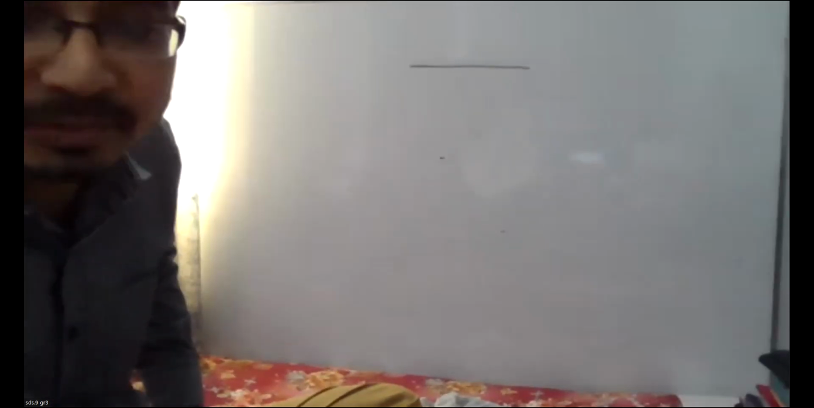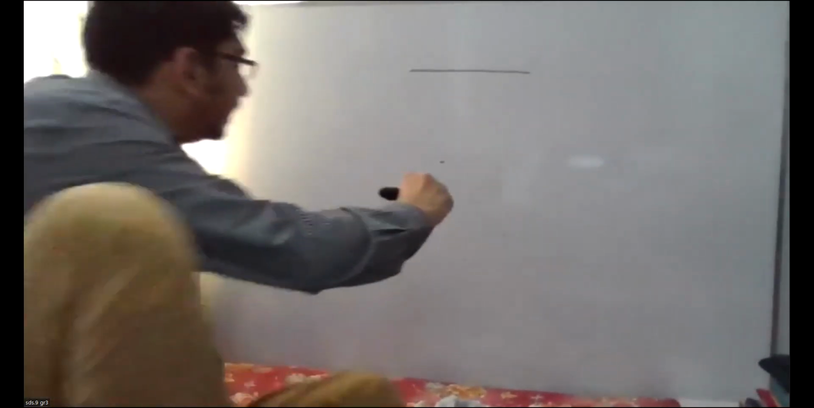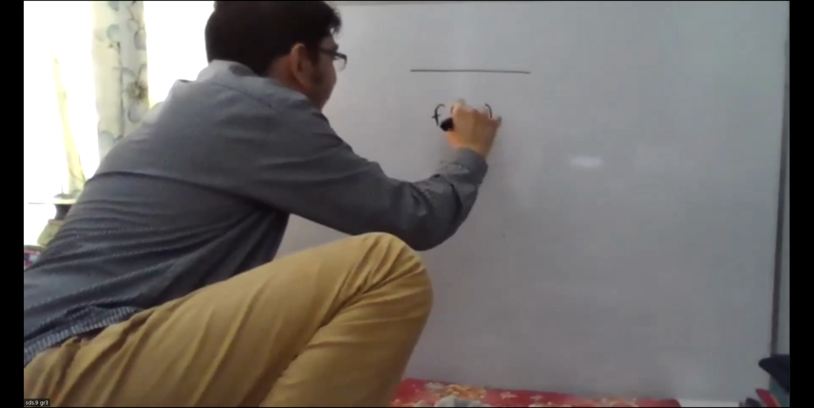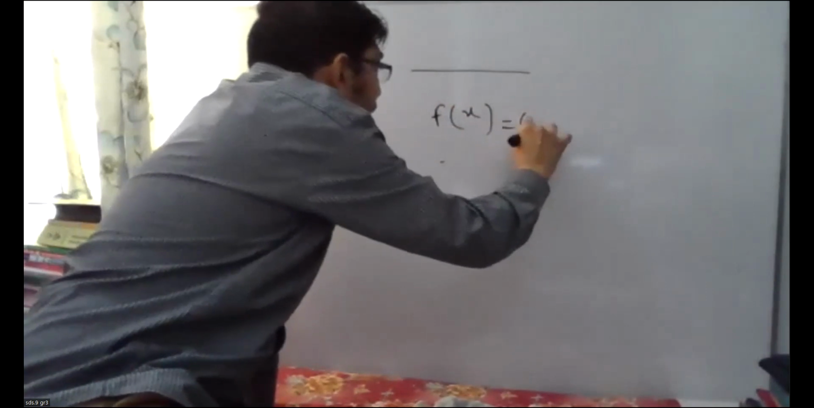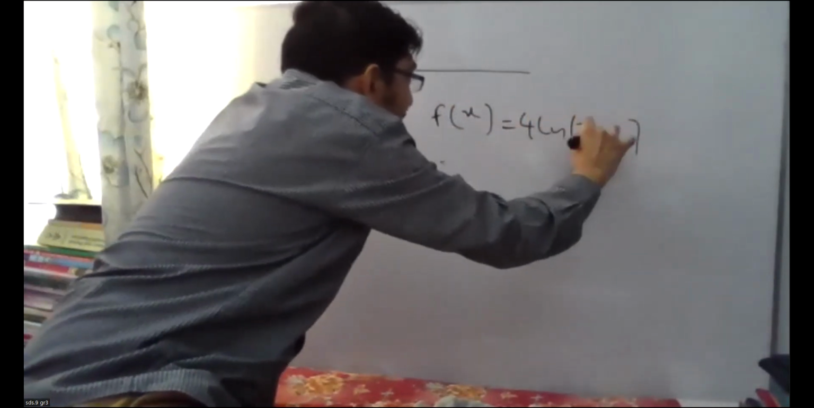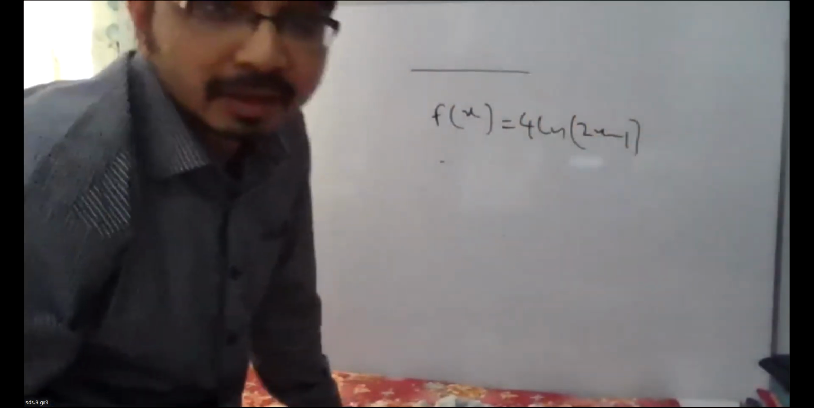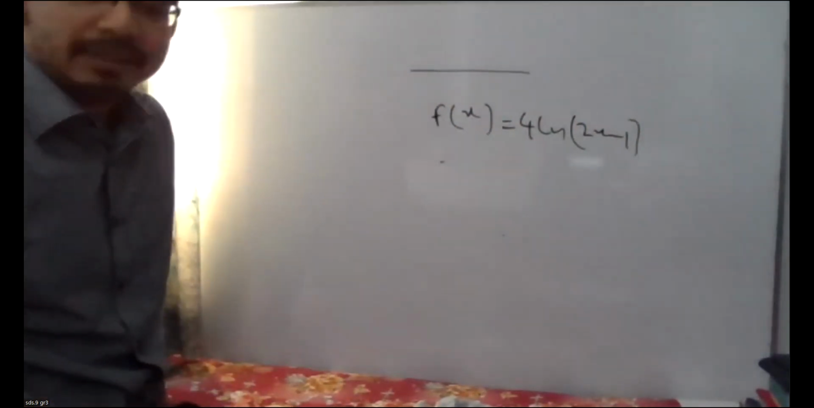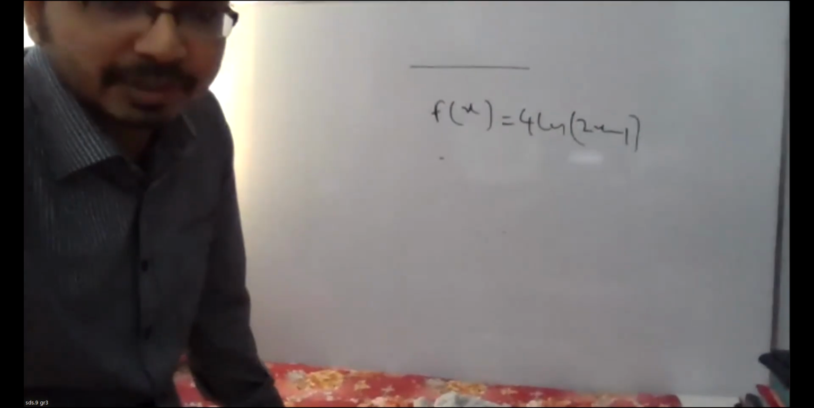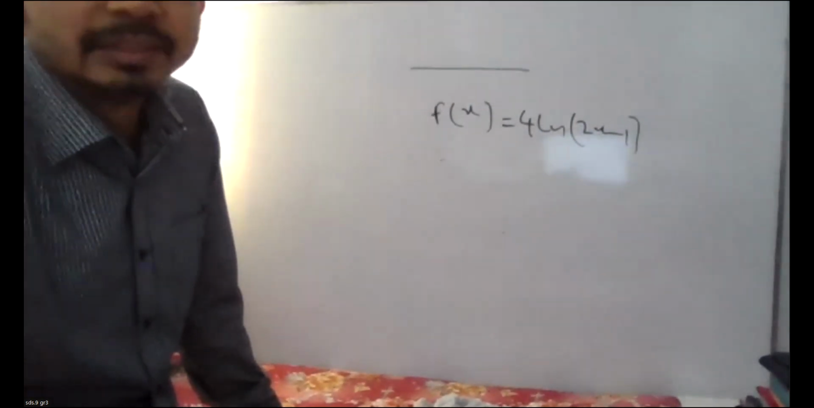Now the question that Atif is giving, that is f(x) is equal to 4 ln(2x minus 1). So what is the domain of the function? Domain of the function. Now actually the confusion that is arising, like you know that inside the ln it has